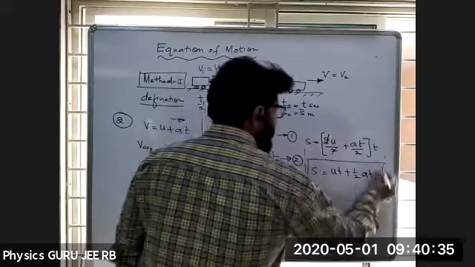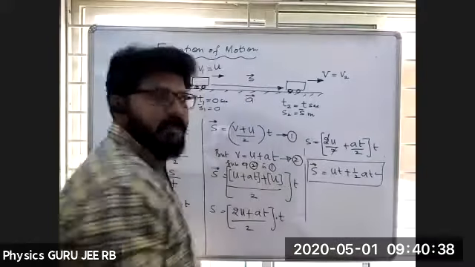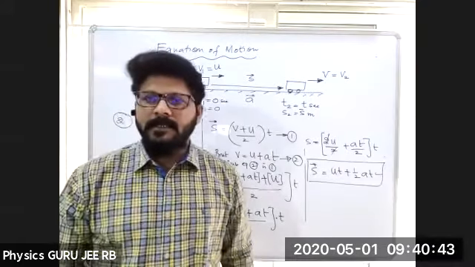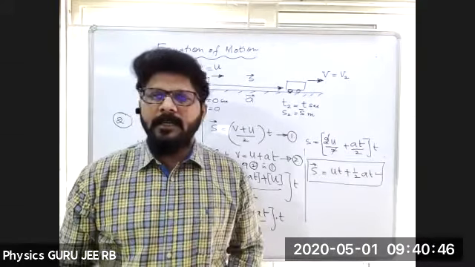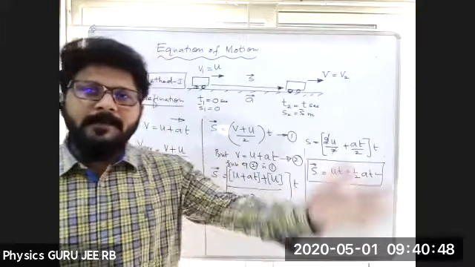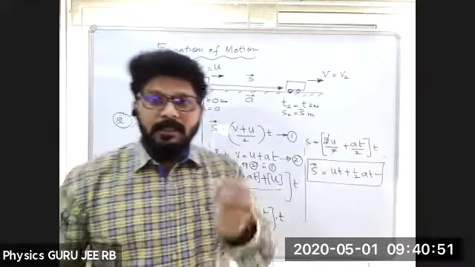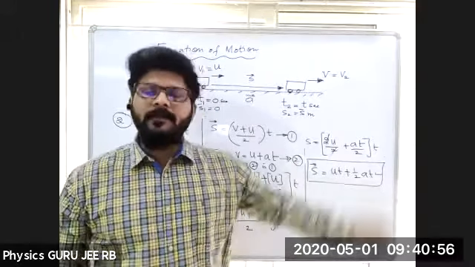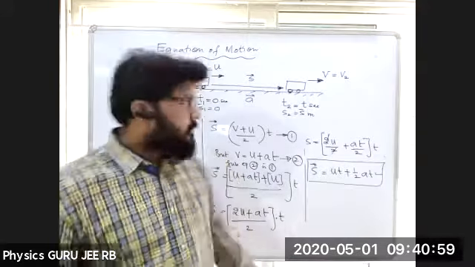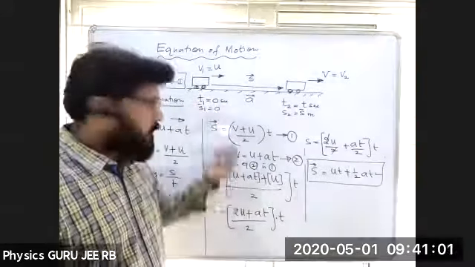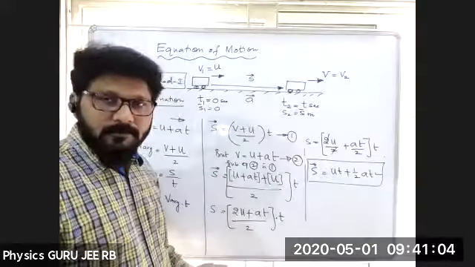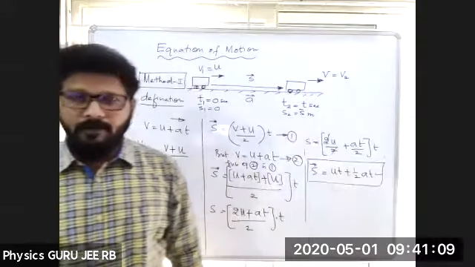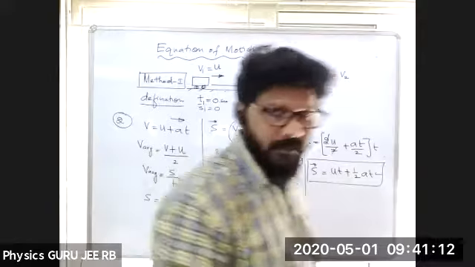This is the equation for displacement after t seconds. If I ask what is the second kinematic equation, one should be able to tell: displacement after t seconds. If I ask what is equation 1, orally you should say velocity after t seconds. In this case it may also start from rest, when u becomes 0. That's the reason we are taking the body initially in motion. Hope it is clear. If you have any doubts, let me know.